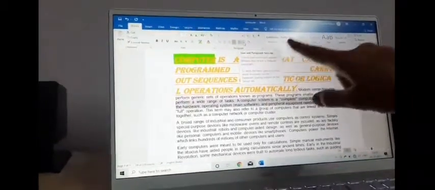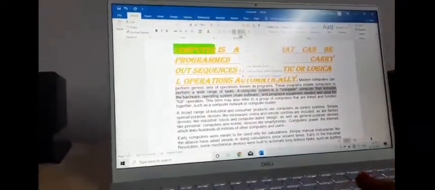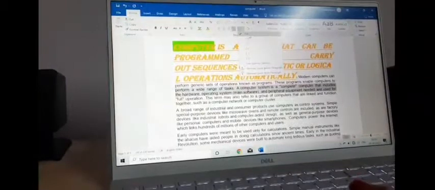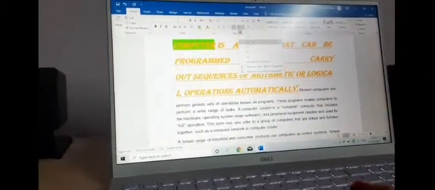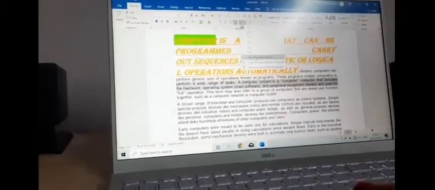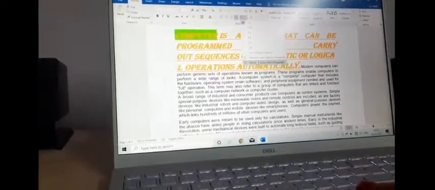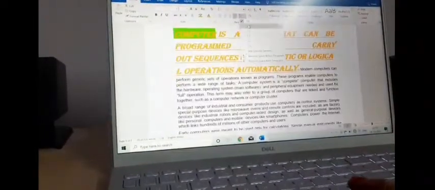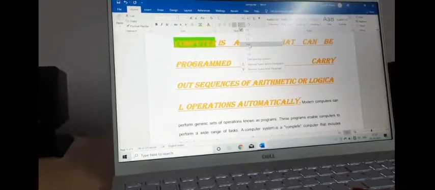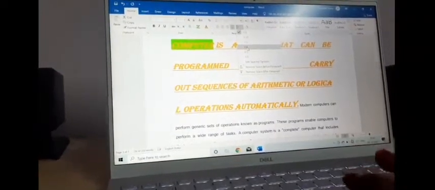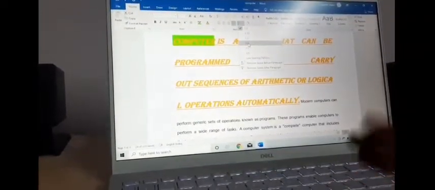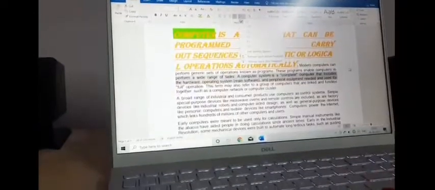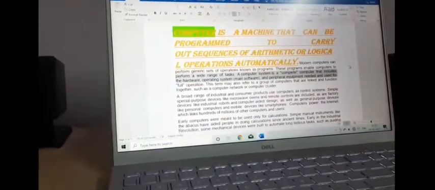See, it's showing line and paragraph spacing. Click on this. By default, it is 1.0. If you want to increase it, you can increase according to your wish. And if you want to reduce, you can reduce according to your wish, like this. Right now, I'm not doing it because it will change my document. So this is how you can do it.